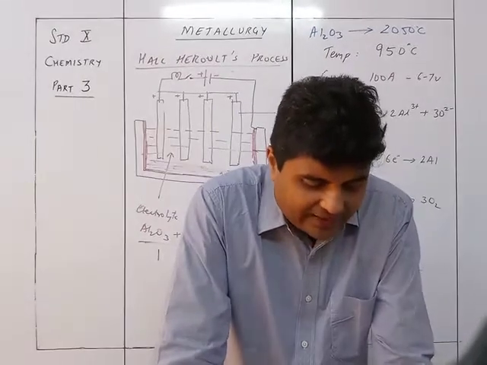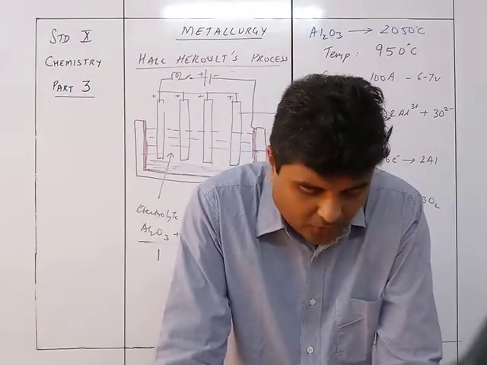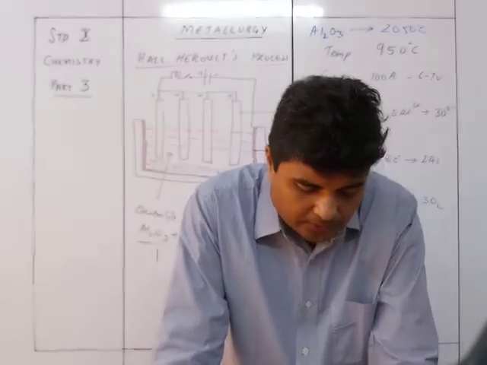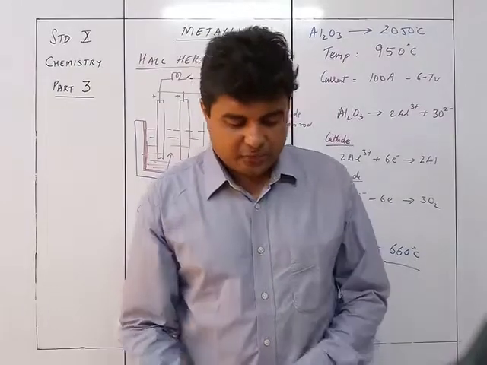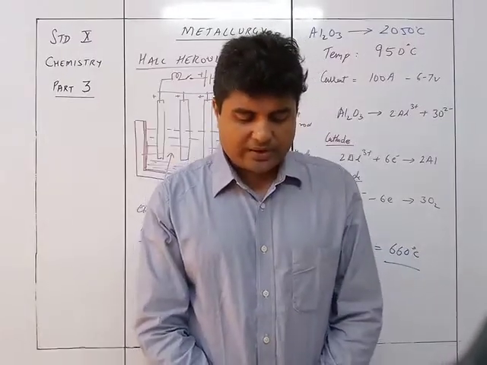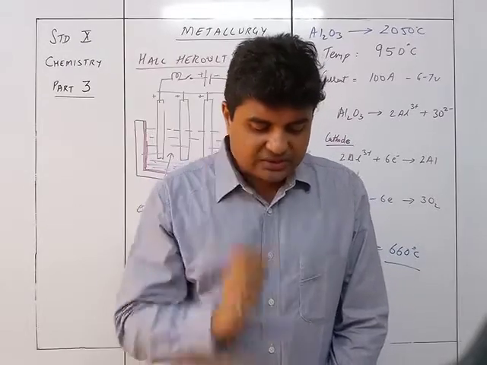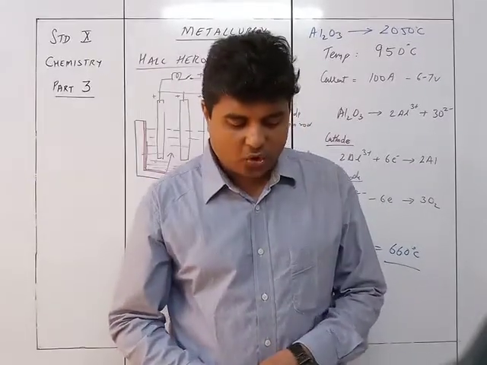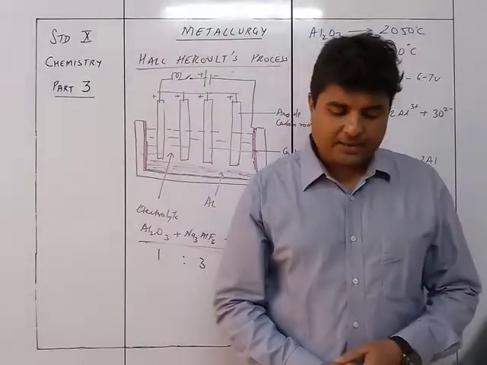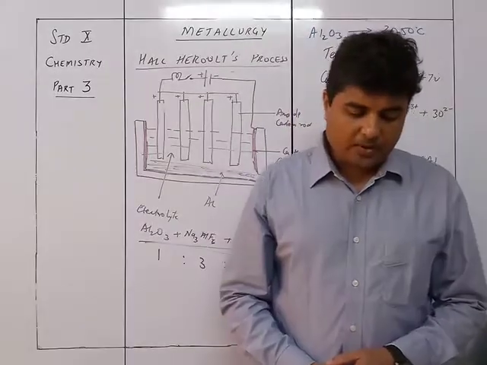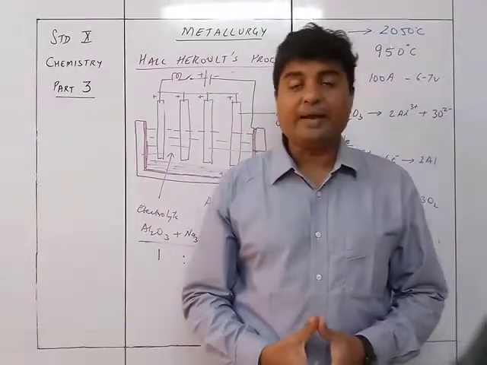And finally, electrolytic reduction of alumina is a continuous process, and pure aluminum is produced at the cathode and, being heavier than the electrolyte, settles down. It is periodically removed through the outlet or tap at the base. As the concentration of Al2O3 falls, the resistance of the bath increases, indicating a glow on a control lamp. At this moment, more alumina is added and the process continues. Aluminum obtained is almost 99.5% pure and can be further purified by Hoope's process.